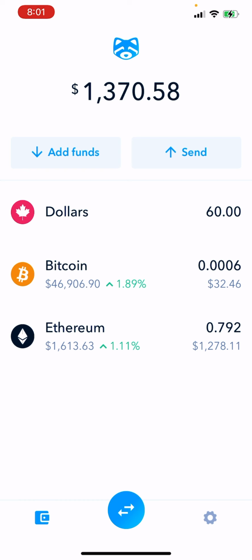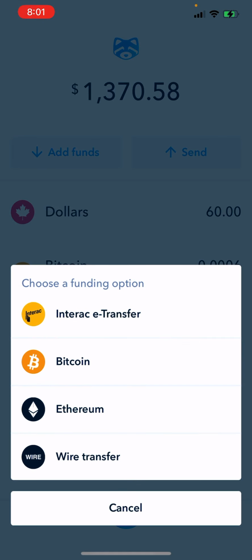Hi guys, it's David. I just want to give you a quick intro on how to utilize Shakepay to buy cryptocurrency in Canada. So you can buy Bitcoin easily and Ethereum easily. So if you see the add funds there, you can tap add funds and you can deposit Bitcoin, Ethereum, Interac